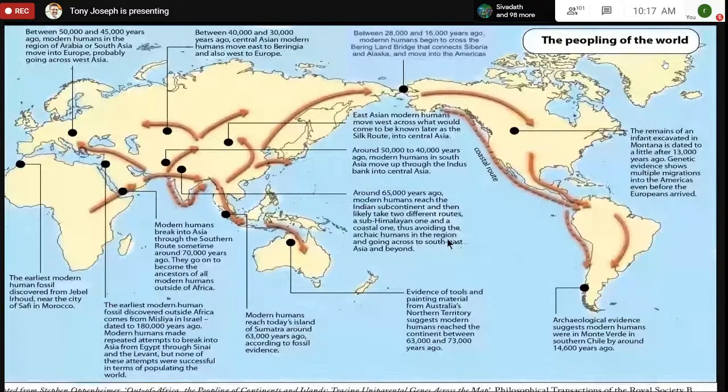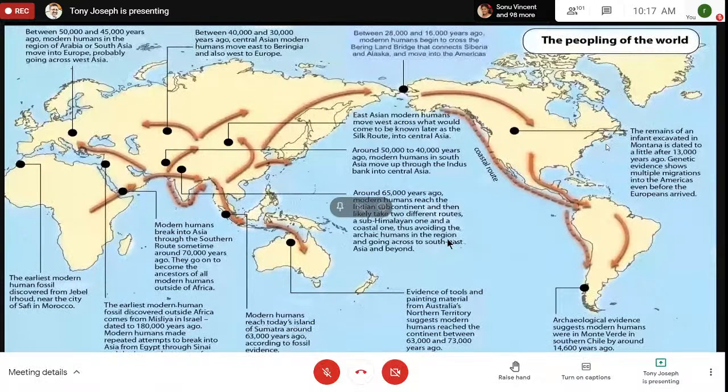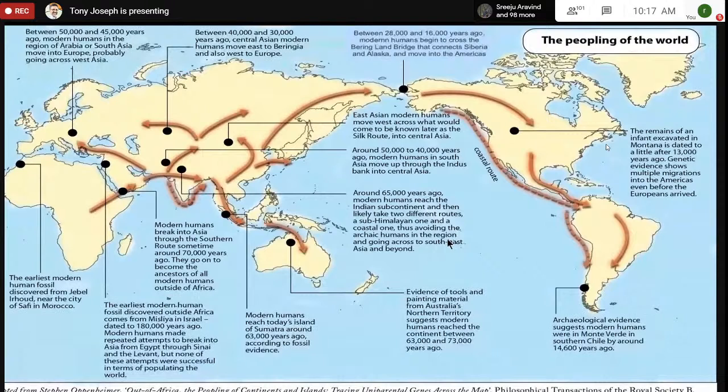The human population outside of Africa has much smaller genetic diversity than the people in Africa itself, because they are all descendants of a small group of Africans who moved out around 70,000 years ago. So this is the first class of migrations that shaped all of the world.